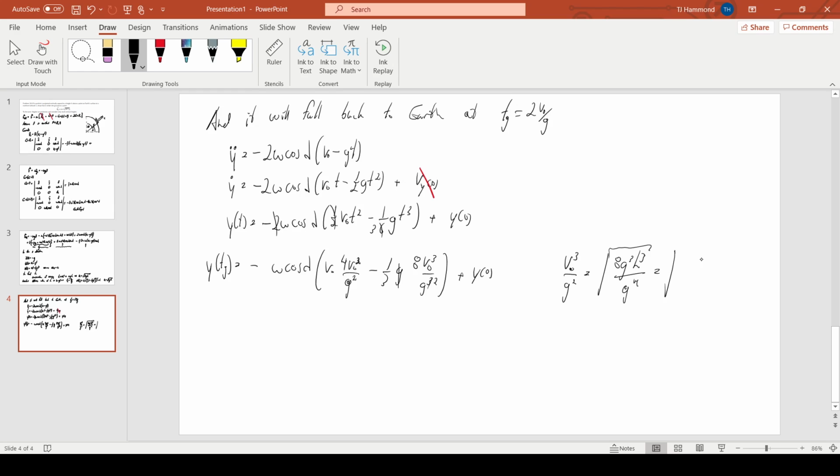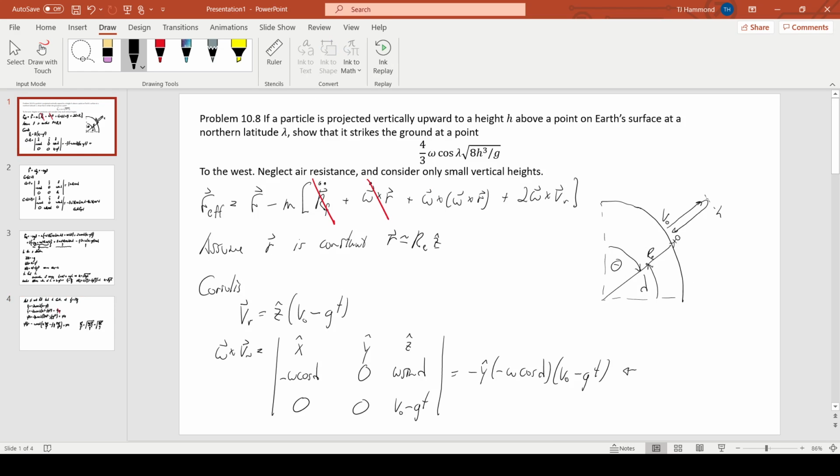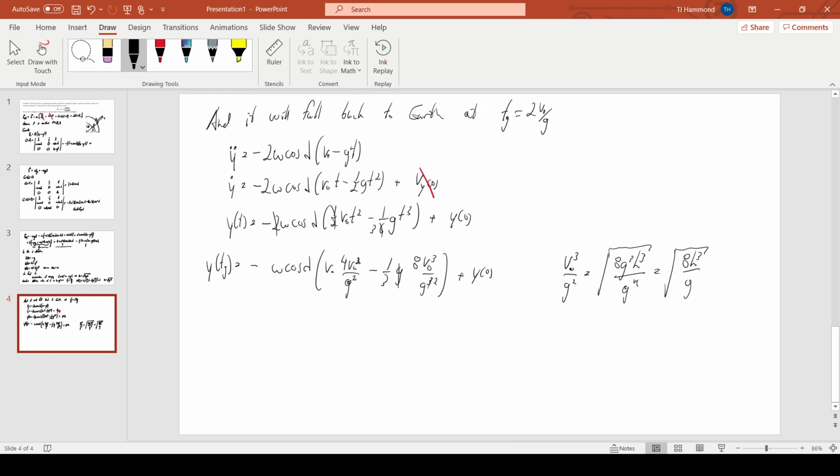And that gives us 8 h cubed over g. And that's going to be that part in our answer. That's where that comes from. So what we get is 4 minus 8 thirds. And so we get 4 thirds